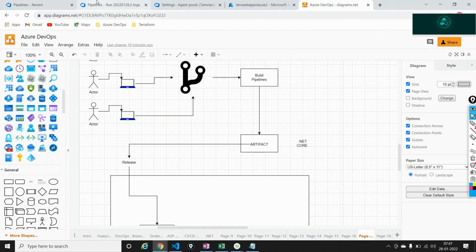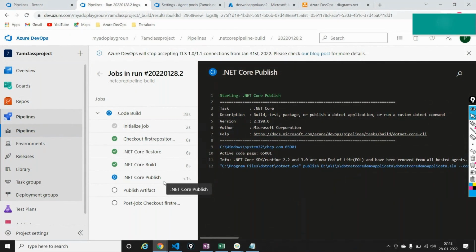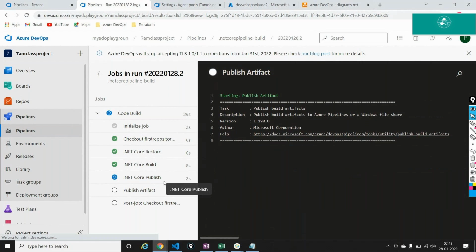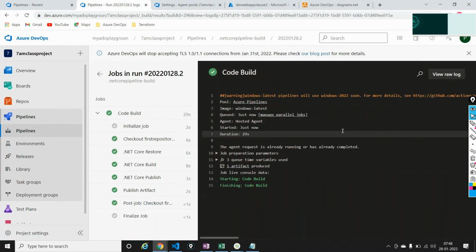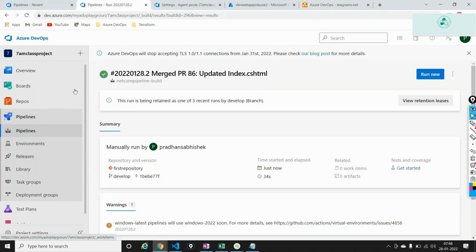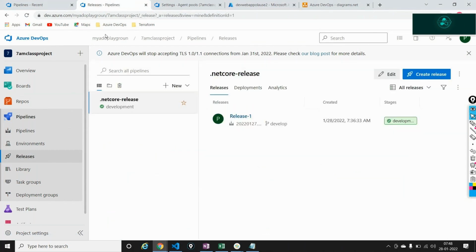So let's wait for about a minute here. This will go ahead and trigger my entire pipeline and produce the artifact out here. And once the artifact is published, the pipeline is done. Now I didn't do anything. And if I go into the release pipeline, and if I refresh this a couple of times,